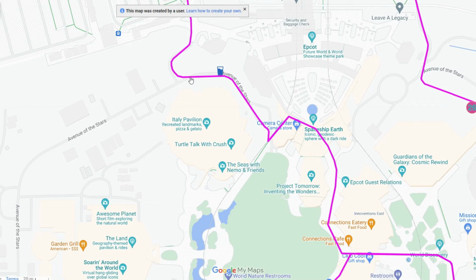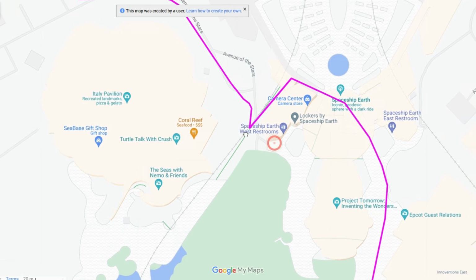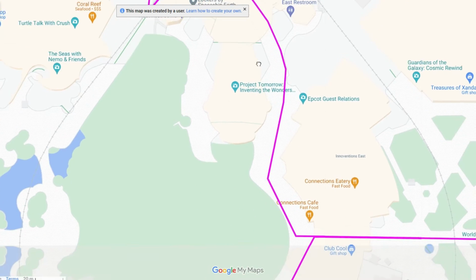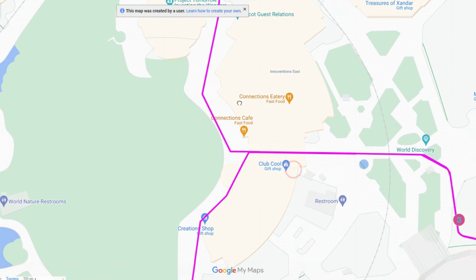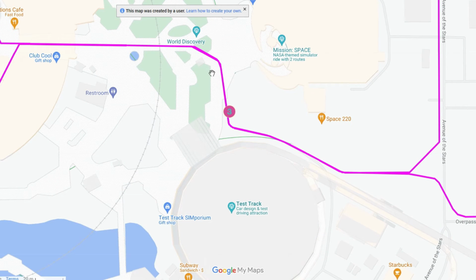Now, the other races, if you notice, kind of went up this way. You are coming in over by Spaceship Earth. If you know where the lockers are, that's essentially where you're coming up from. And you're going to come in this way and run underneath Spaceship Earth, which is one of my favorite parts of this course because I'm a big Epcot nerd myself. But yeah, so you're going to come up this way, head towards Club Cool and Connections Cafe and run through that breezeway. You're going to exit the same way that you would exit on a completion of the race,